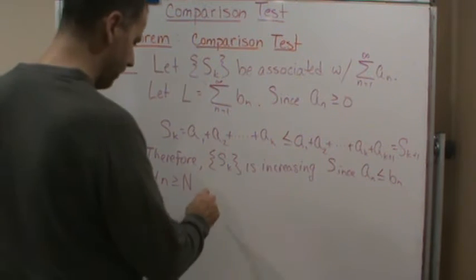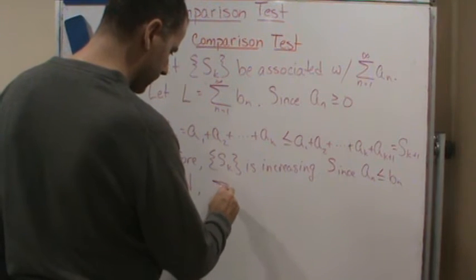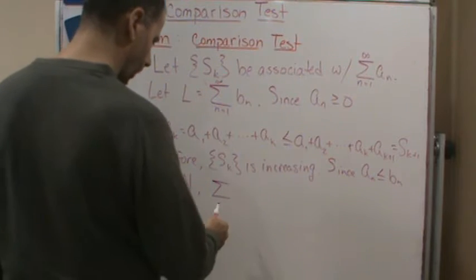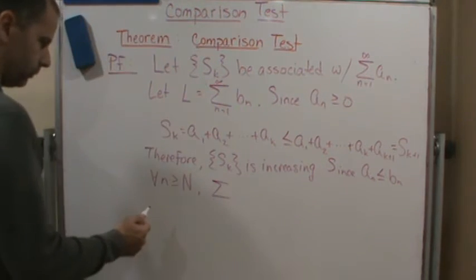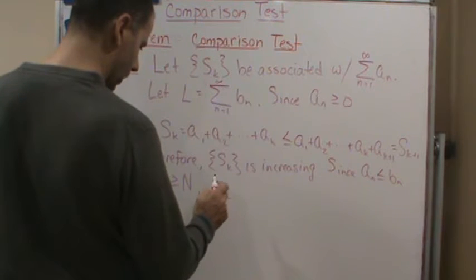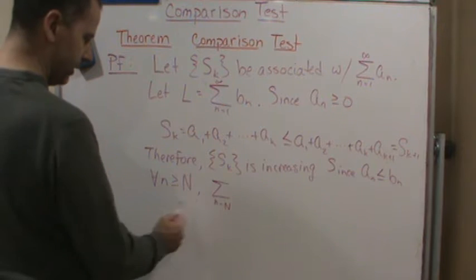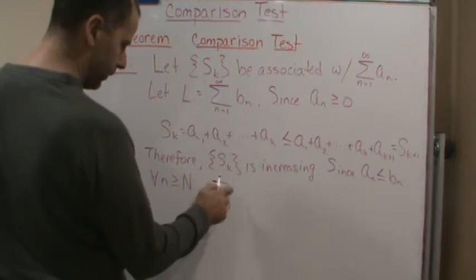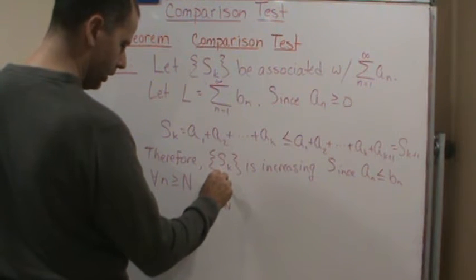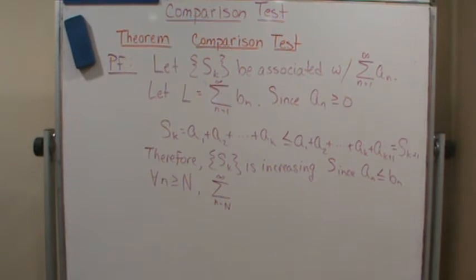Then what does that say? That means, since that's true, we know that the sum for n equals capital N, so for all n greater than or equal to N, from capital N to infinity of a sub n,